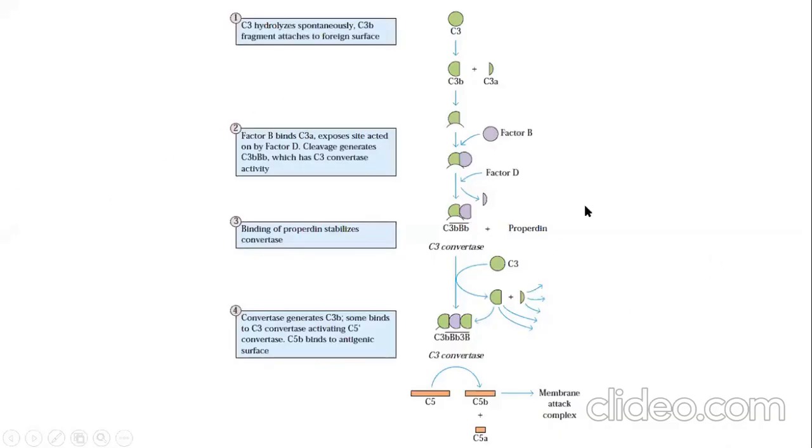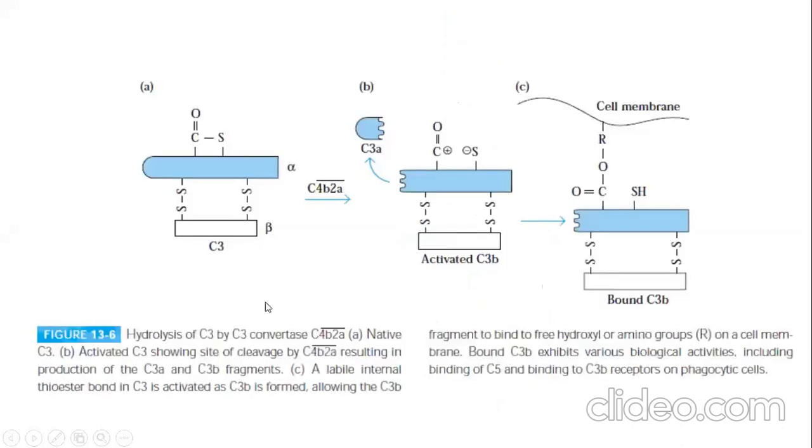So how it happens again, you can go into this chart. C3 directly, C3b and C3a, factor hydrolysis. Convertase will come, and one more important point is that the C3bBb complex, the C3 convertase, is not stable in this system, so it needs properdin, a factor, attached to make this complex stable compared to the other pathways. Likewise, this is one more hydrolysis reaction where C3